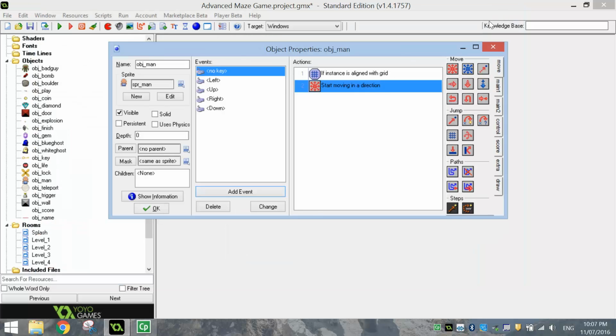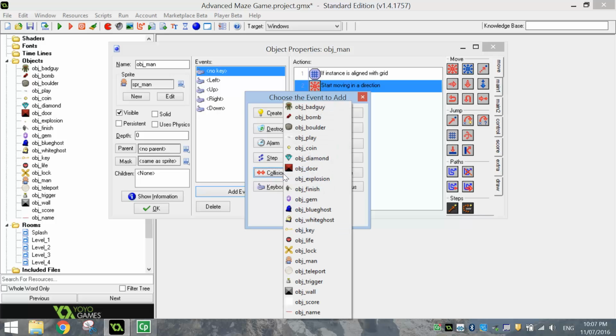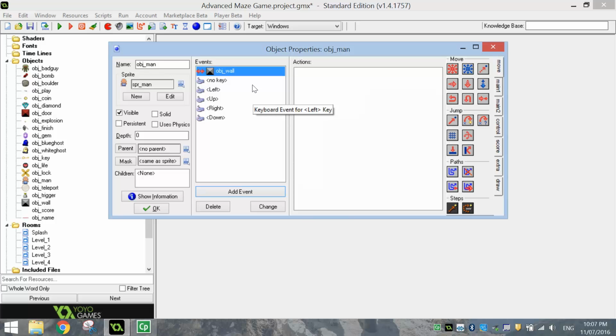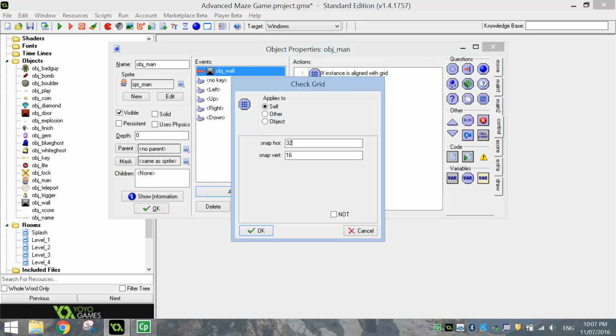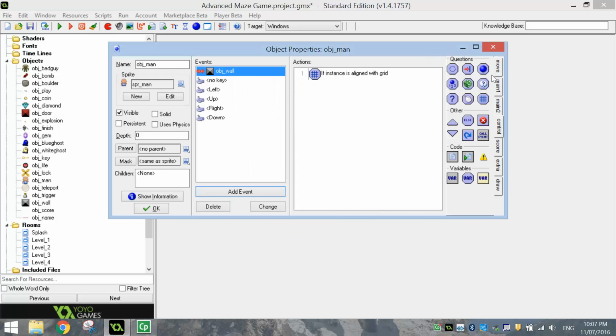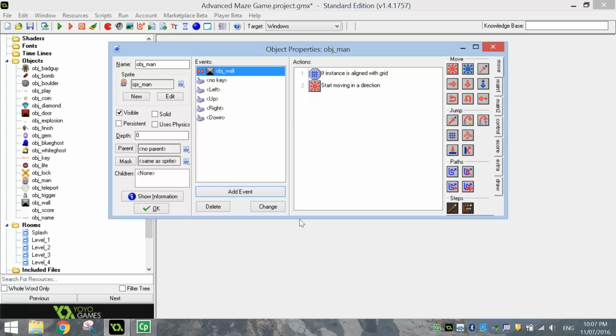straight through it. So I want you to add in a collision event, and that's going to be with the wall. So when the man hits the wall, we're going to check the grid again first of all to make it 32 by 32, and you just tell him to stop moving again. So hit that red square, 0 for your speed, click OK. So that there is the code for making him stop moving when he